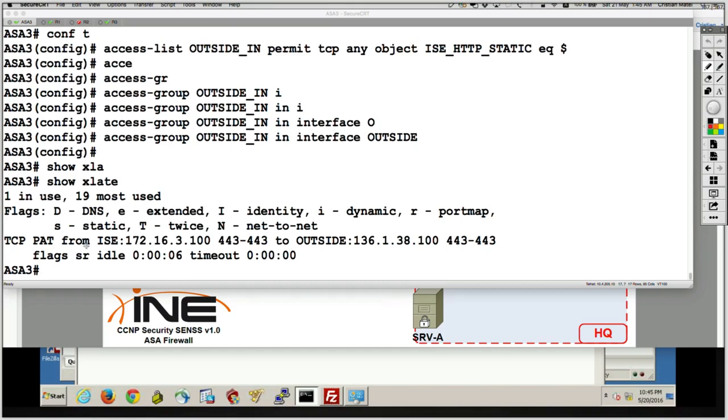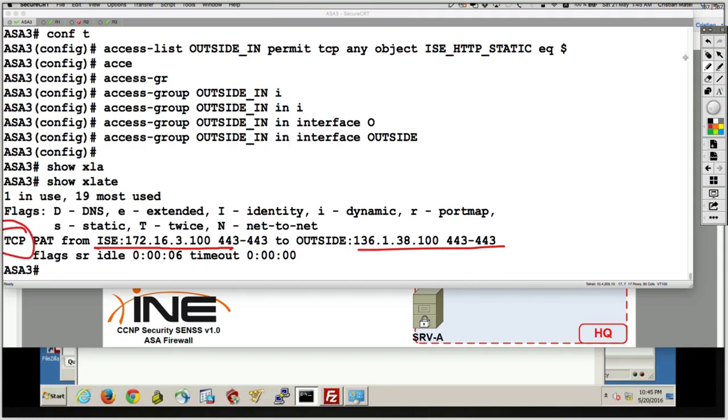This was in here before we initiated any traffic flow, because the flag is SR, a static entry, and a static entry is always active in the translation table. And as you can see, it's mapping ICE's real address on port 443 into ICE's mapped address on port 443